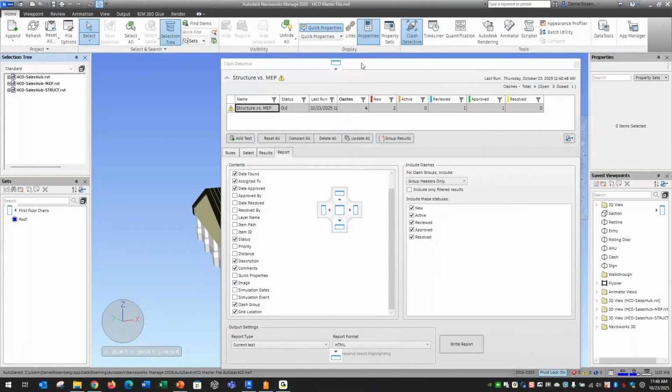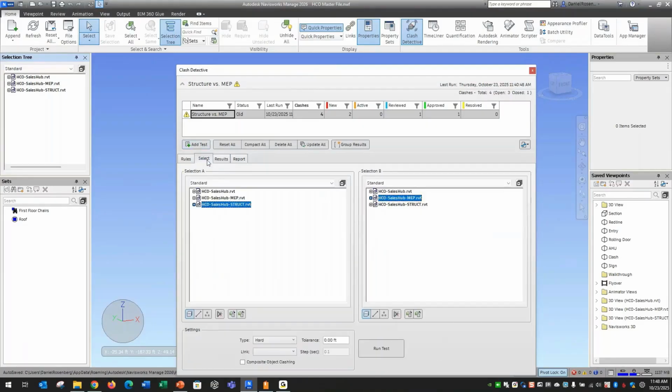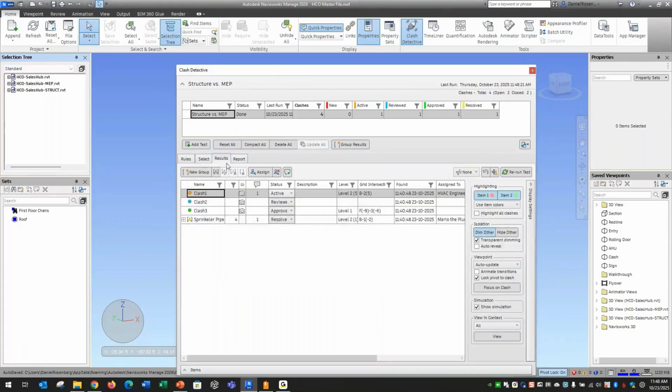Almost there. Okay. So as soon as it reloads, you can see we get this symbol here telling us, hey, something's changed. Perfect. That's exactly what we want. So we can go back and rerun this test here. So I'll do update all. It reruns it for me. If we look at the results,